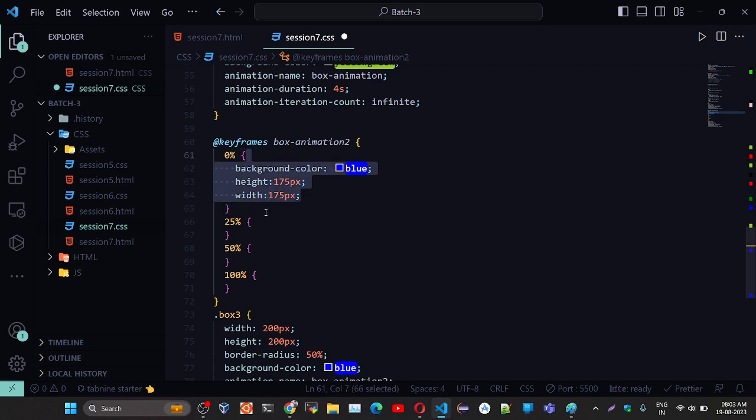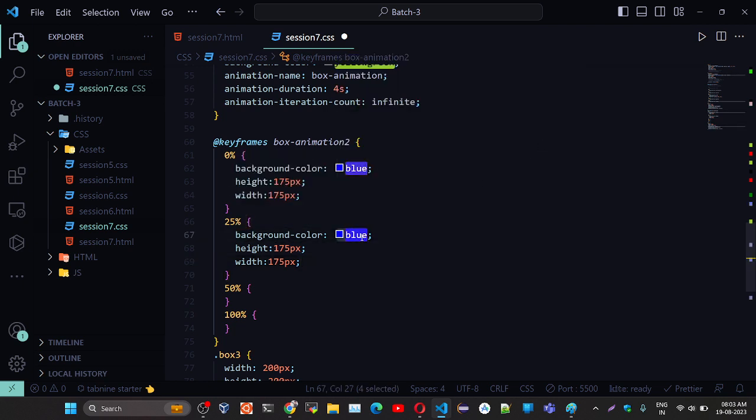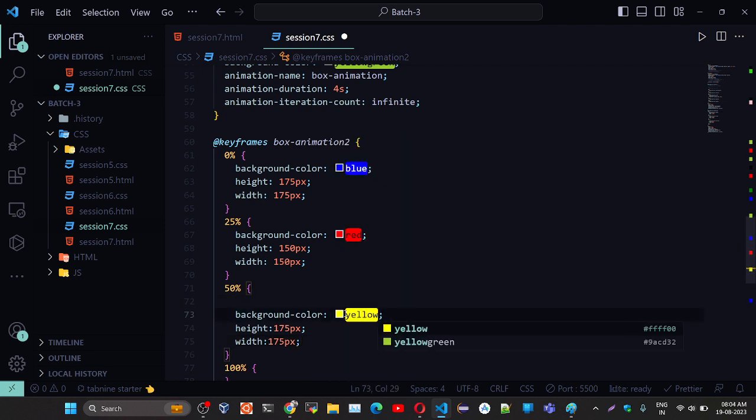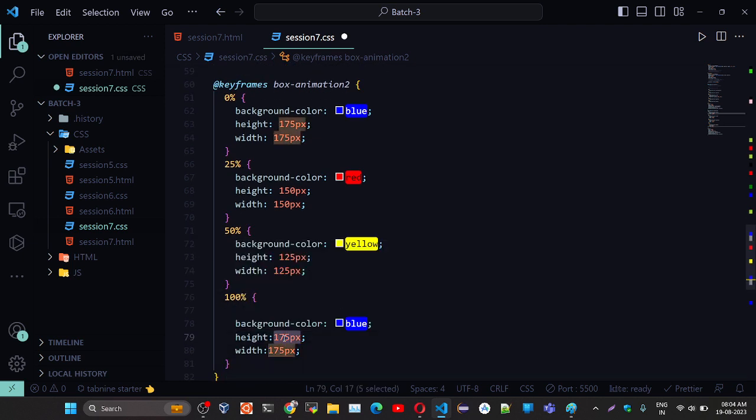We'll copy this. For 25%, I'll change the color to red color, 150 pixel. Okay, and for 50% I will change the color to yellow. 125 pixel, 100 pixel, and color to